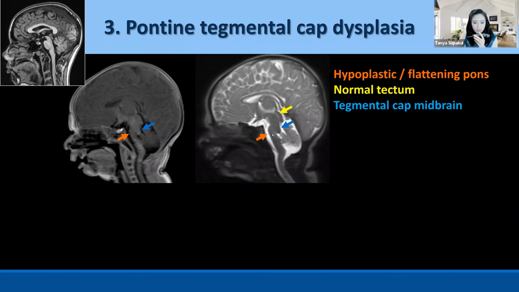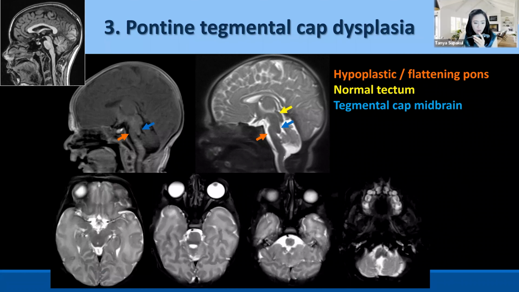So, abnormal findings of the pons and also the midbrain that is trying to make itself look like the tectum. On these axial images, I want to show you, if you look only at the axial T1 or T2, you cannot see the abnormal appearance of the pons very well. This is the midbrain area, pons, medulla. If you pay attention, yes, maybe you can call this abnormal, but it is really difficult.